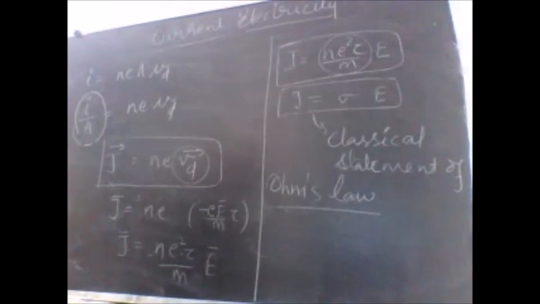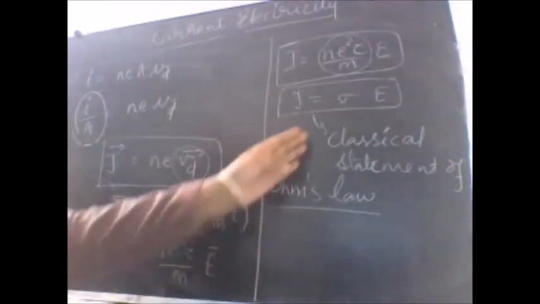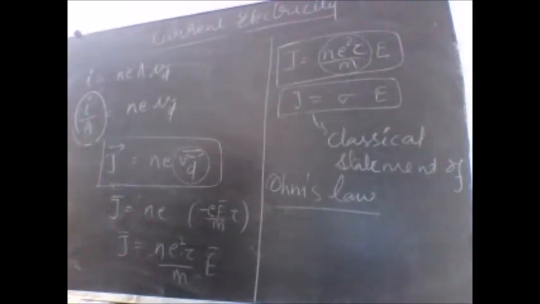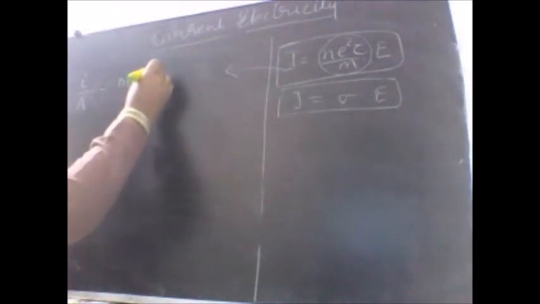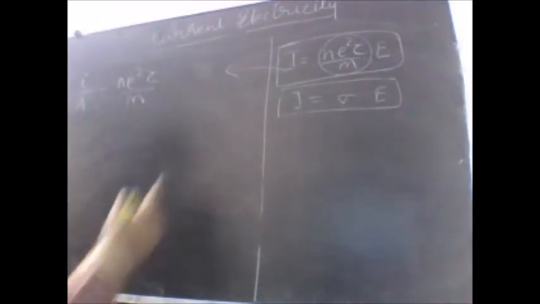So once we have obtained the classical statement, this only will show us the path to the modern statement of Ohm's law. So let us obtain that, and for that we need to go back to the initial expression. So now we are coming to the derivation for the modern statement of Ohm's law. We are going to start from the current density formula. So J is equal to current per unit area is equal to N E square tau by M, and